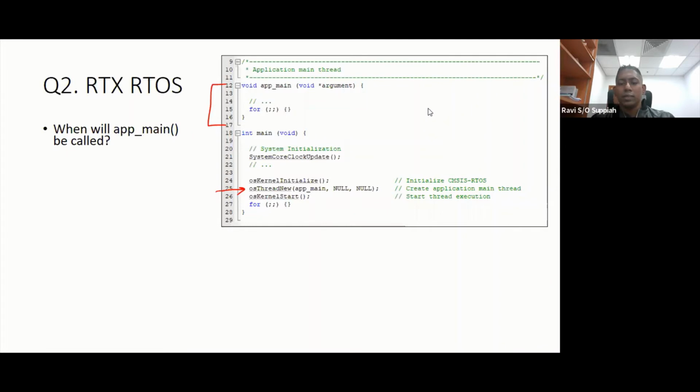Okay, so Neil says line 26. Okay, when I call OS kernel start. All right. Any other ideas? Any other thoughts about this? Okay, so